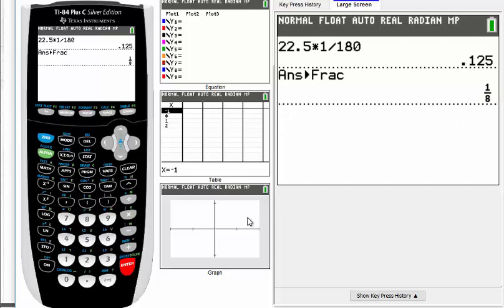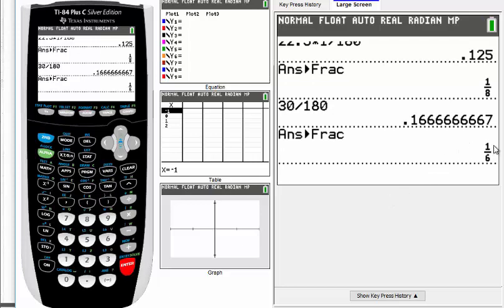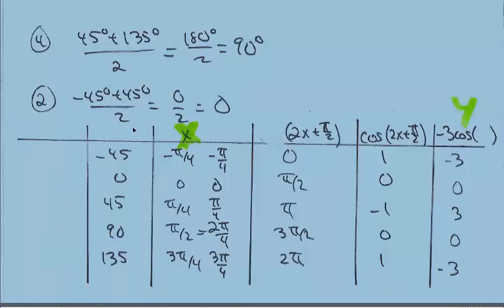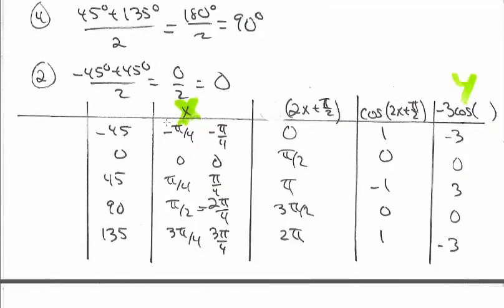Similarly speaking, if you had 30 degrees and you want to convert that to radians, I'll multiply by 1 over 180, and then hit the math key. That's 1 over 6, but remember we have to include the pi there, so that's pi over 6. So it's a different way to work on trying to find these angles. It might be a little bit more user-friendly. It's up to you what you find helpful. Once you find those angles,